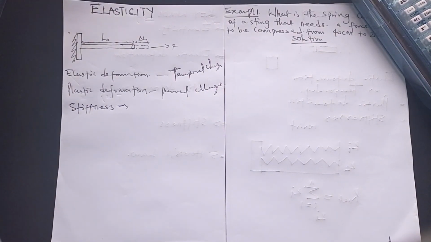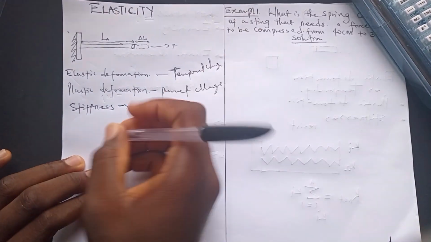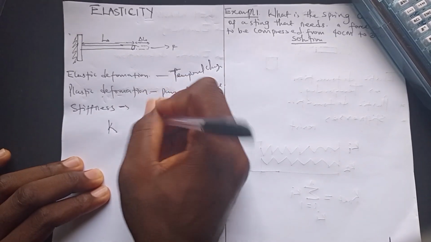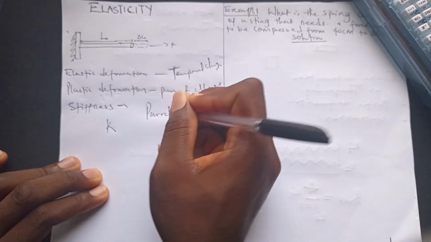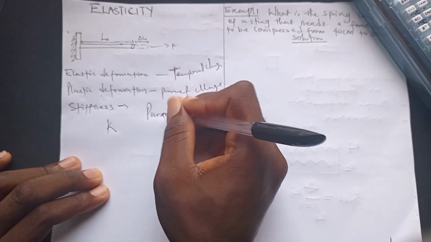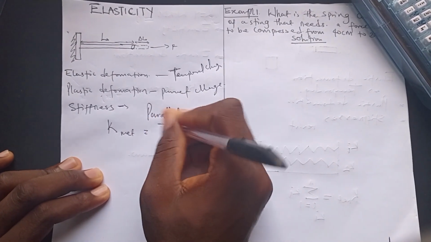When different materials with individual stiffness interact in parallel, the net stiffness is defined as follows. When they interact in parallel, the net stiffness is equal to